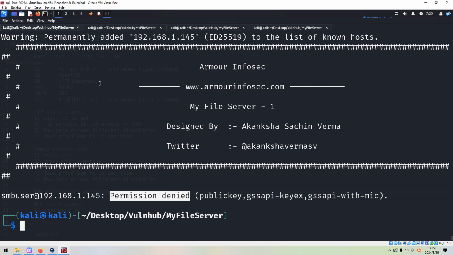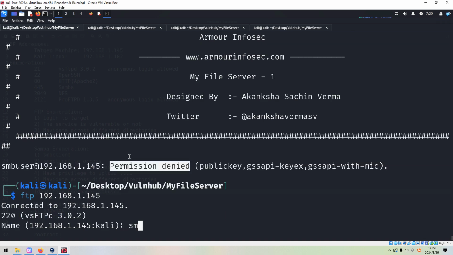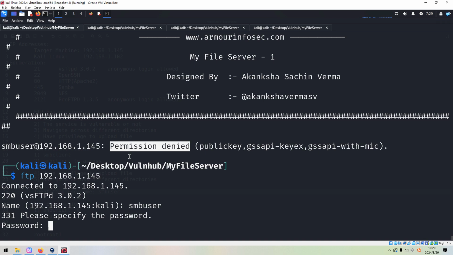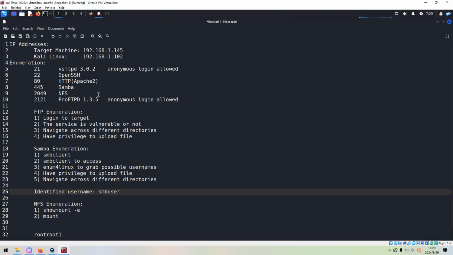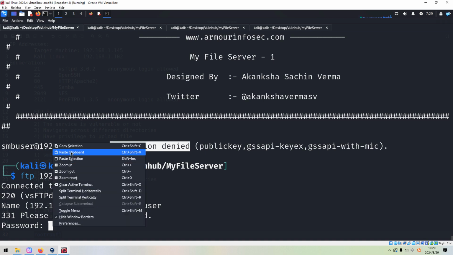Next, maybe this password is also used by the FTP service. Let's connect to the target, and this time the username is smbuser, and the password we can copy from my notebook and paste over here.